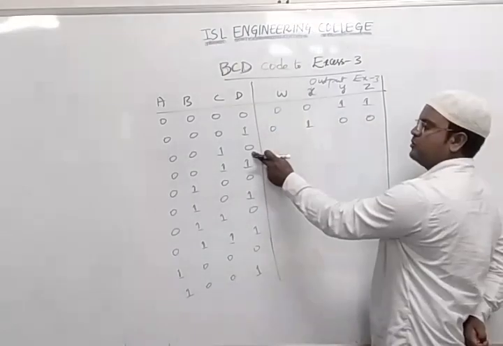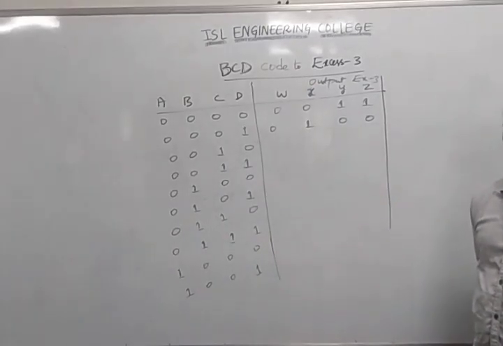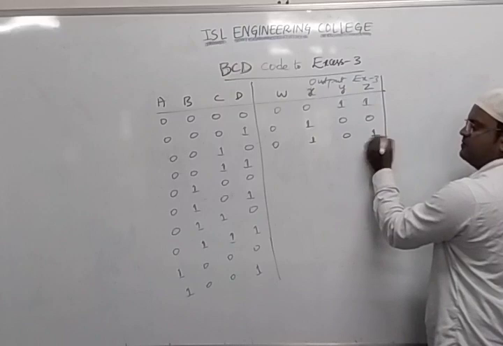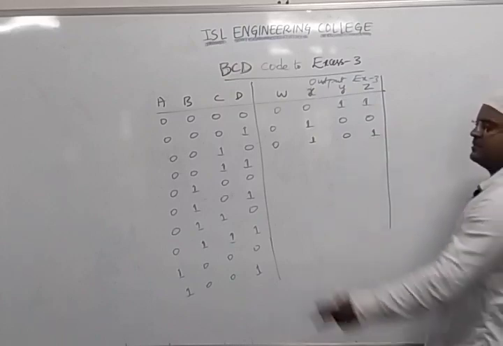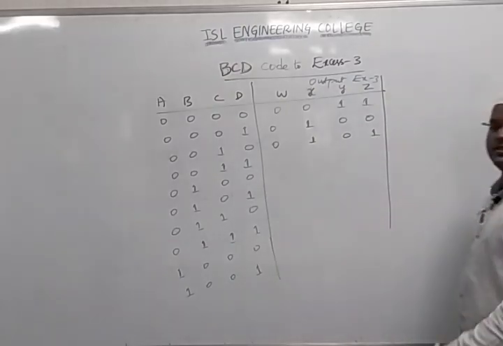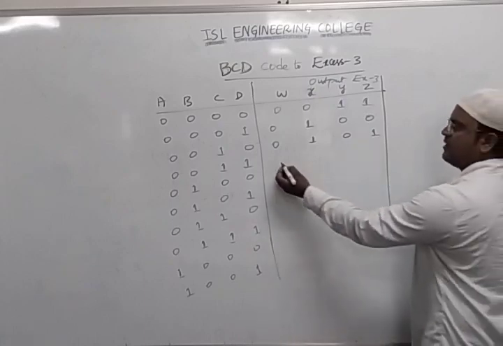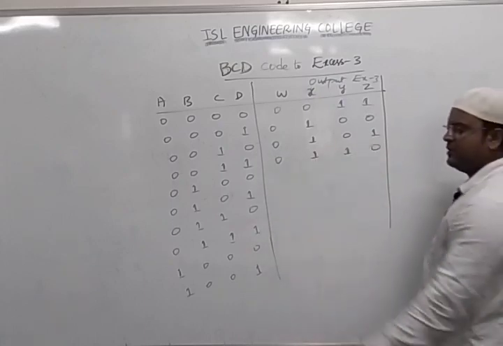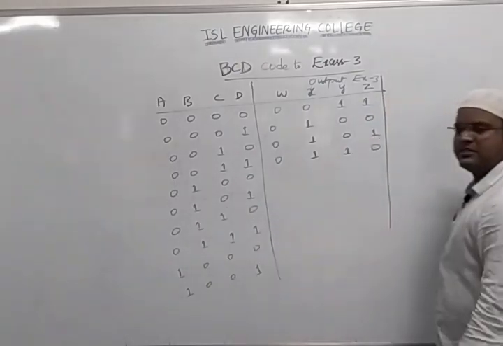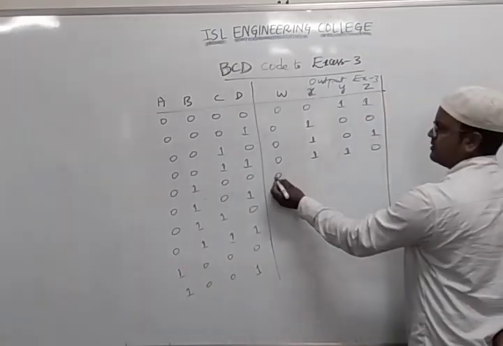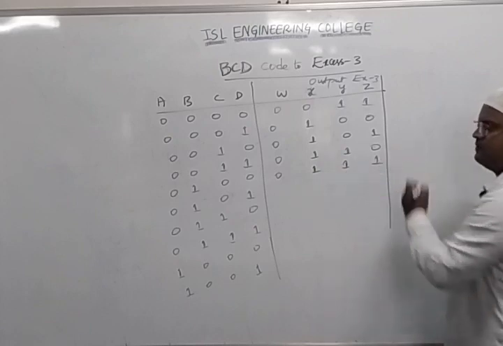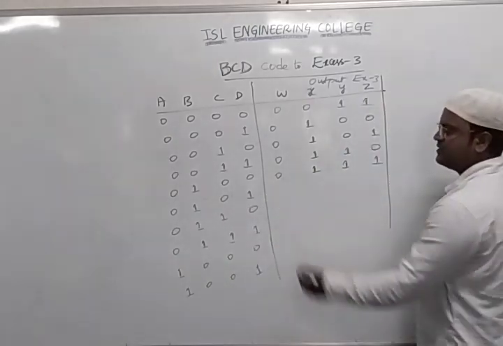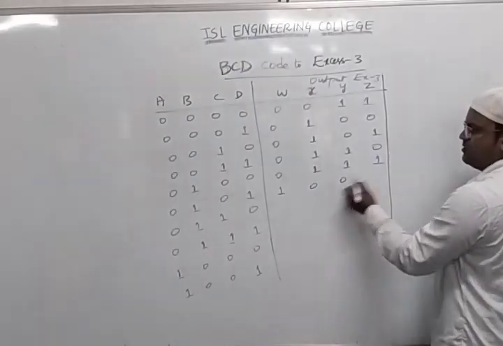Next, this is 2. 2 plus 3 makes 5. So I can write 5 as 0101. Right? Now I want to write this 3. 3 plus 3 how much? I can write that 6. So I can write 0110. Likewise I have the next thing, 4. So 4 plus 3 how much? 7. So how do we write 7? 0111. Next we have 5. 5 plus 3 is 8. So 8 is 1000.